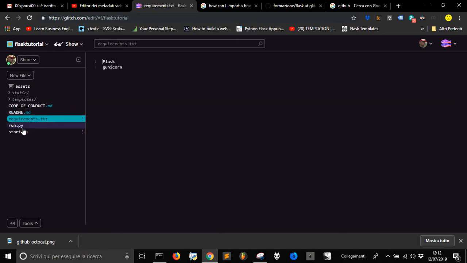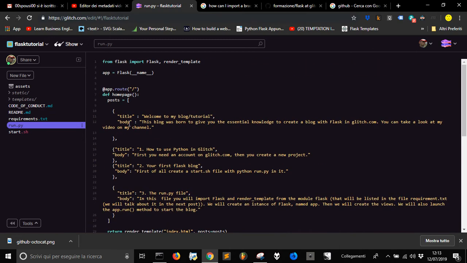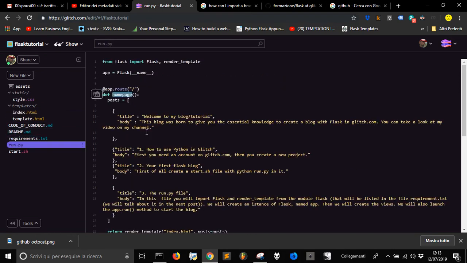Now you see we have the start sh file with Python run.py with the code Python here with our post hub in the view homepage view that makes us populate the index with the post title and body post body coming from this one. And you see that now in Glitch we have a new thing here, that is